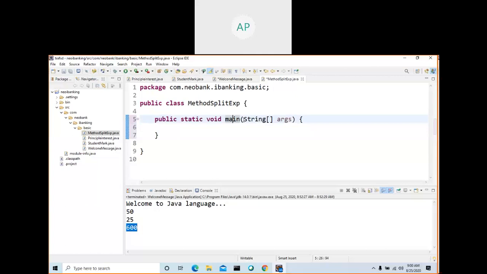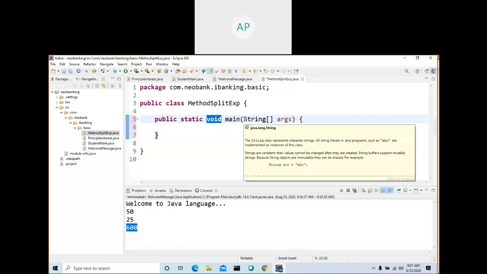Okay. So I created one method called main. So you know what this method is. If you want to run this program, you should have a method called main with this argument. We call this an argument. You will understand what an argument is after one or two sessions where I will explain all the things. So this is the main method, public static void main. I'll explain what is public, what is static, and what is void. As of now, you make it.